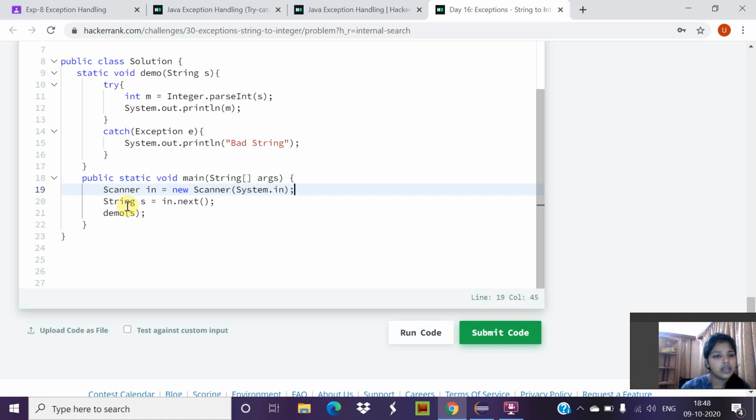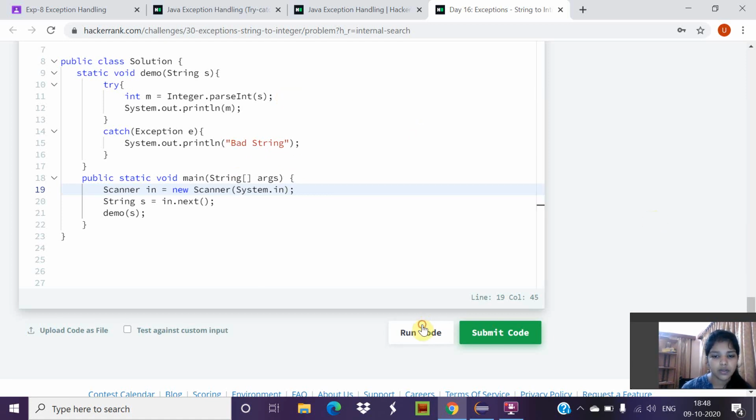In public static void main String args, inside that, Scanner in equals new Scanner System.in. We are declaring a string, getting the string, and parsing it to an integer. It will check whether it is a string, then it will print bad string. If it's an integer, it will give the integer.